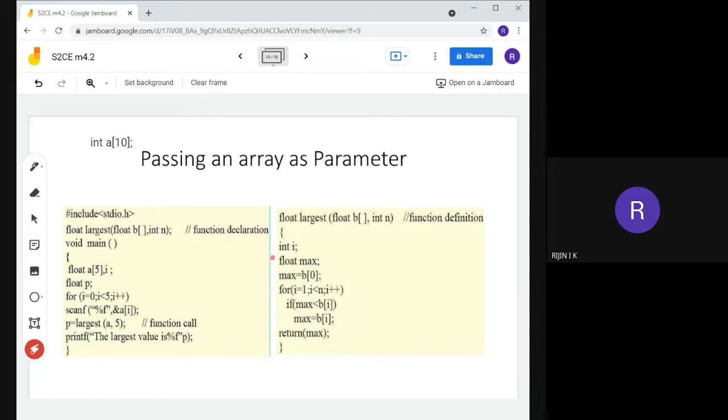So for that, what do you have to do? While passing, just specify the array name only. That means inside the function argument you just specify the array name. No need to specify the subscript. Just specify the array name. And in the function definition section, what you have to do? You just specify that you are receiving an array. For that, first you need to specify the data type, then the variable name, then just put a square